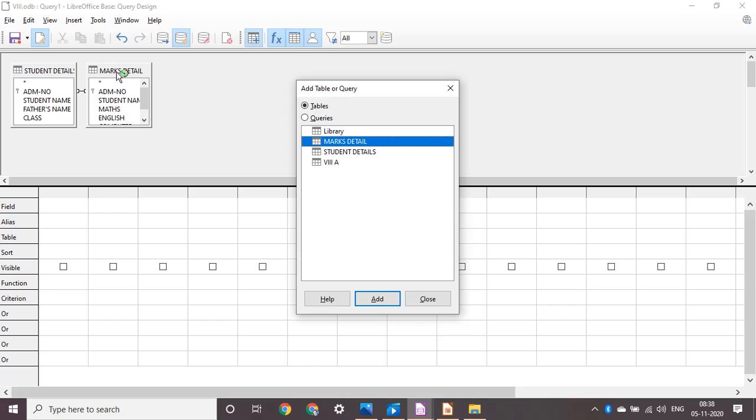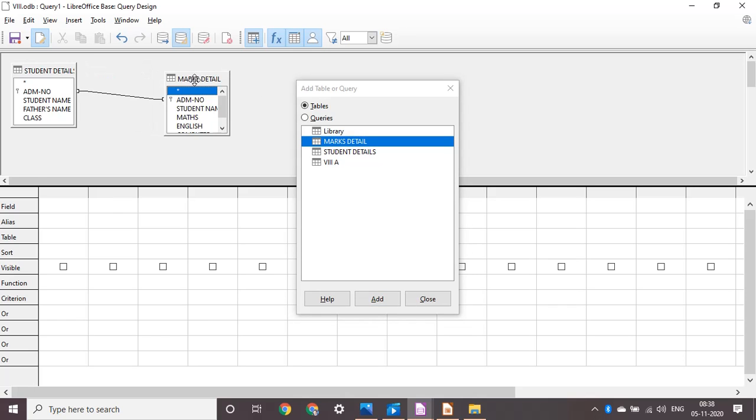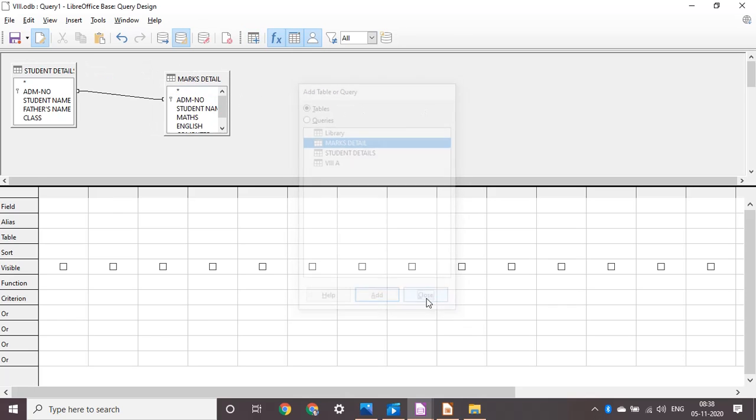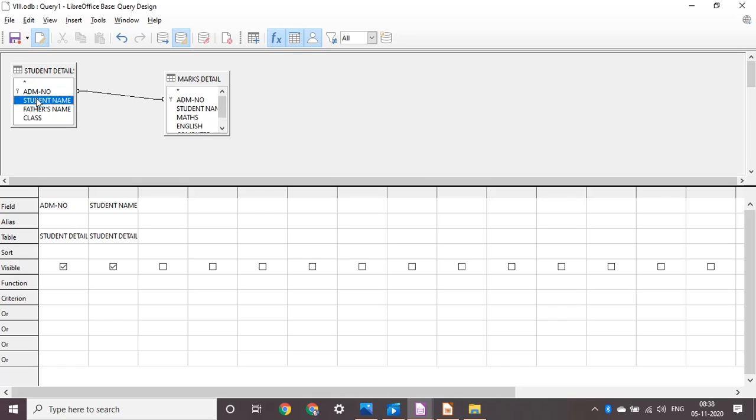When you get 2 tables here, you will find the relationship between these 2 tables. Then close this, right? As we have created a relationship, it will show you here. Now you can click on the field on which you want to create a query. I want to create a query on admission number, then student's name, then suppose on marks. Suppose this is what I want in my query, right?